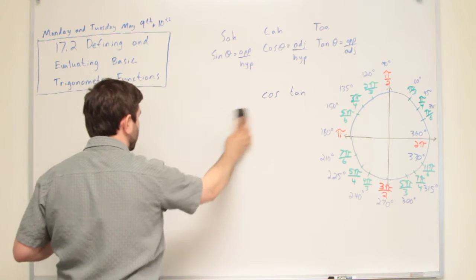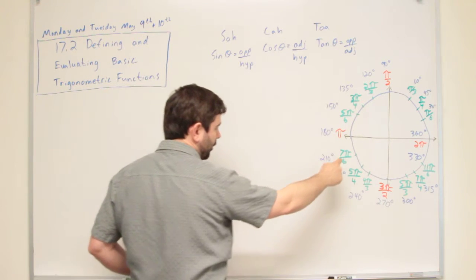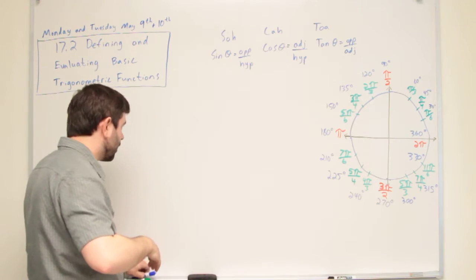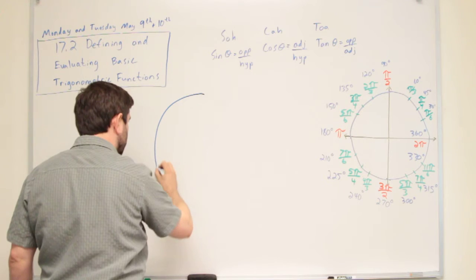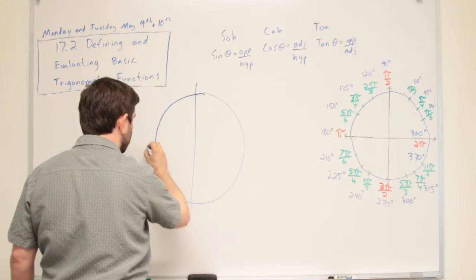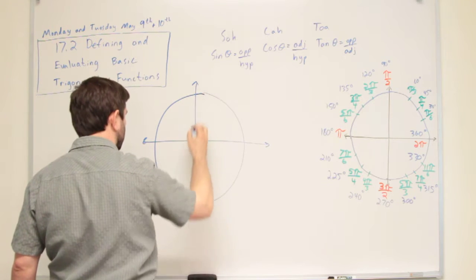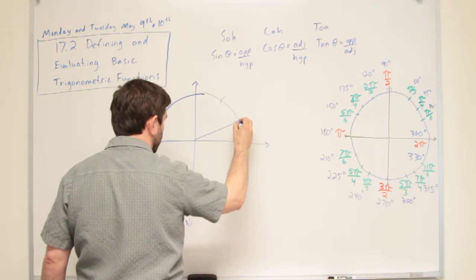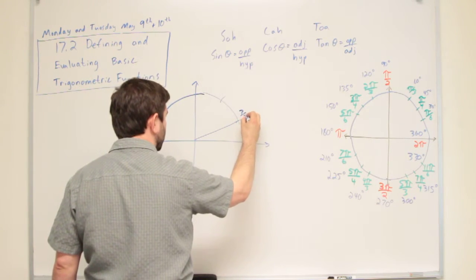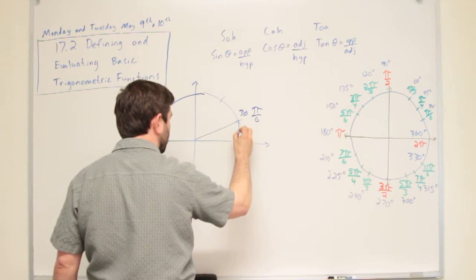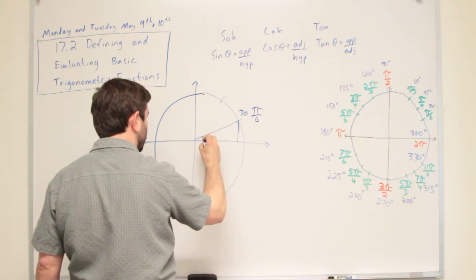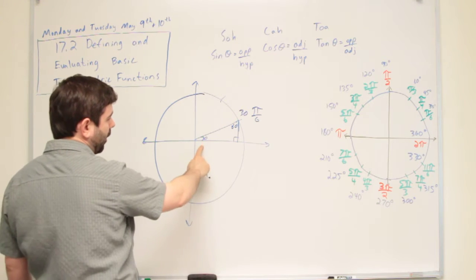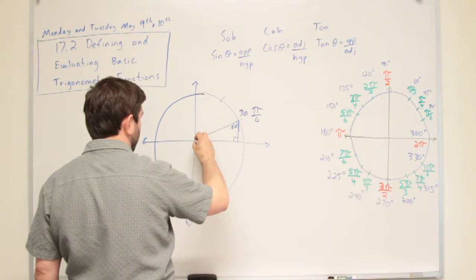Okay, so that was one type of triangle that we're going to find using these points. We can make a 45, 45, 90 triangle. We could also make one with 30 degrees or pi over 6. Go straight down. So this is a 30 degree angle, a right angle, and a 60 degree angle. So we've got a 30, 60, 90 triangle. And we can also get another one of those